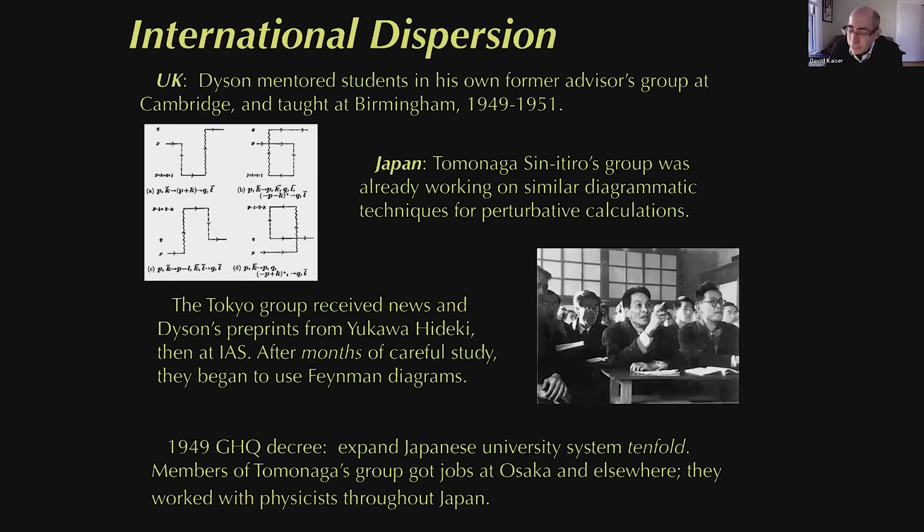Much like in the United States, where most states have at least two public universities, Michigan State and University of Michigan and so on, they wanted to do a similar thing in Japan, partly to help rebuild the country and expand higher education, partly as a political move to break the hold of the elites at these imperial universities. So suddenly you have a tenfold increase in the number of universities that need to hire young physicists because they have to teach young students physics. So basically, Tomonaga's students disperse all through Japan because they're now getting hired in these newly created physics professorships. And again, you can chart when the diagrams show up in Osaka. Oh, that's because this person just moved from Tokyo to Osaka or Kyoto and so on.